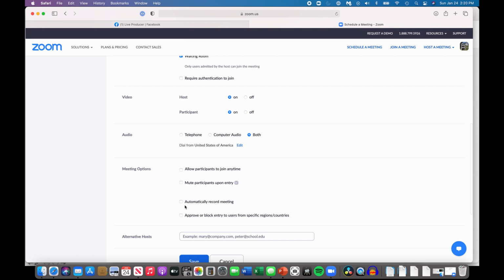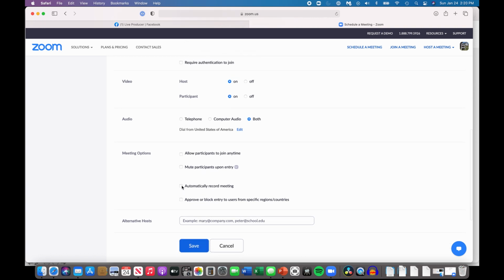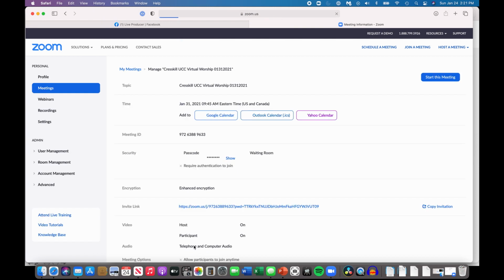Other meeting options that I use is I automatically record to the cloud each week so that we have a recording we can play back or modify, edit in any way for future viewing. So that's all I really need to do. If you've set up a Zoom meeting before, this is pretty easy. So I save,